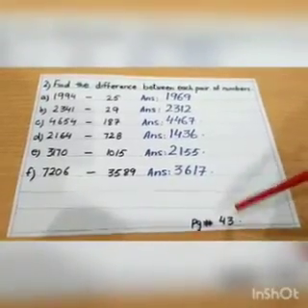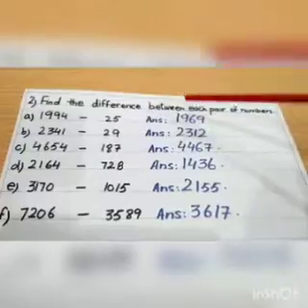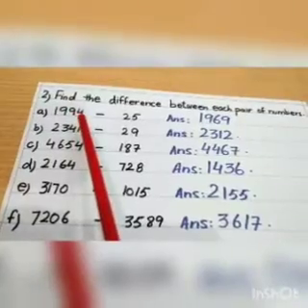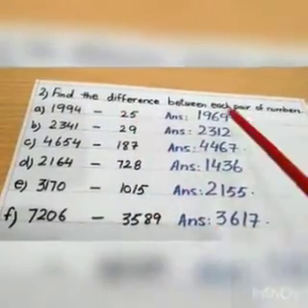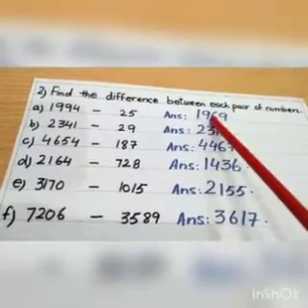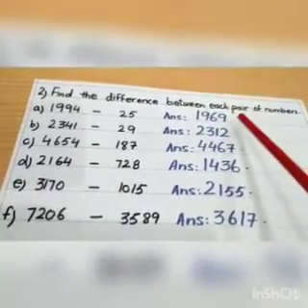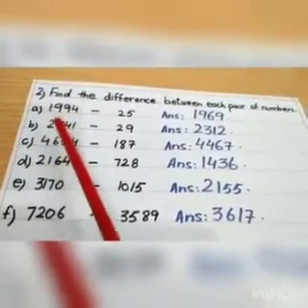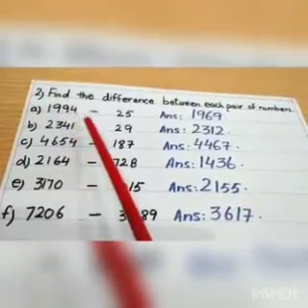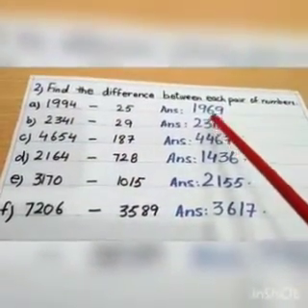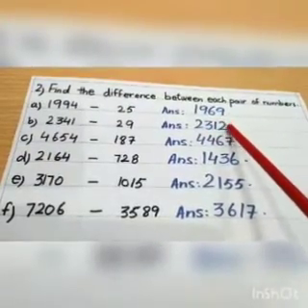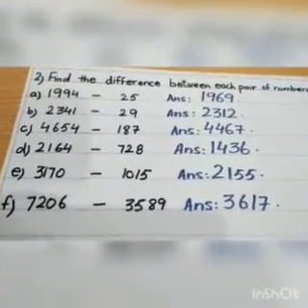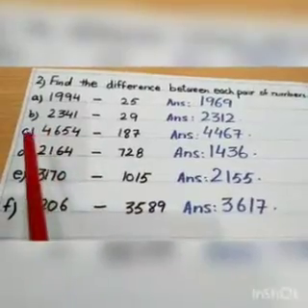On page number 43, question number 2, find the difference between each pair of numbers. Part A, 1994 minus 25 is equal to 1969. The answer is 1969. Part B, 2341 minus 29 is equal to 2312. Okay. The answer is 2312. Part C,